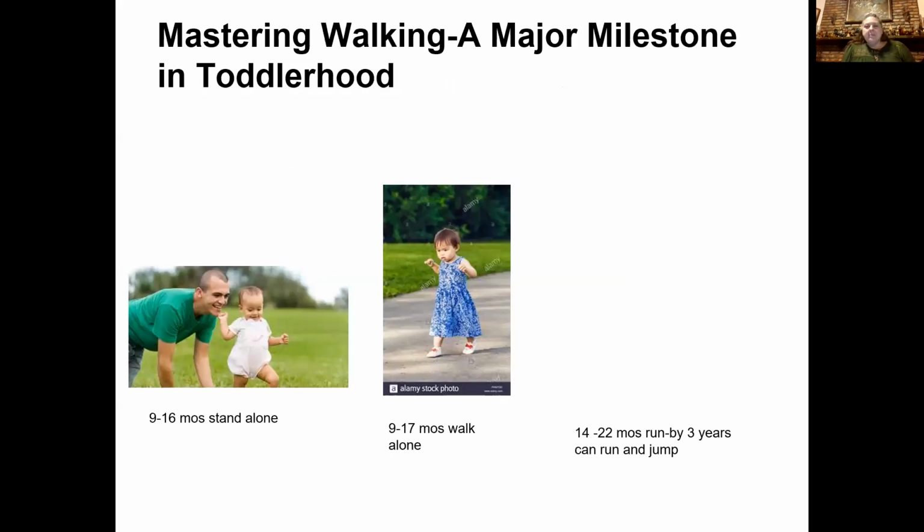In toddlerhood, that's that big... Oh, I'm missing one of my pictures. Oh no, I don't know where it went. Anyway,